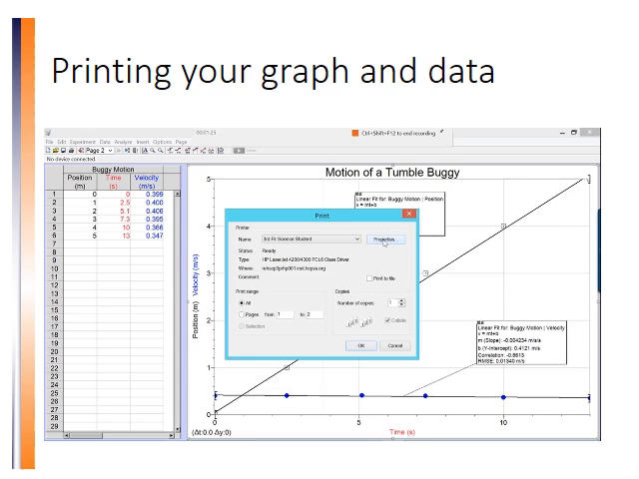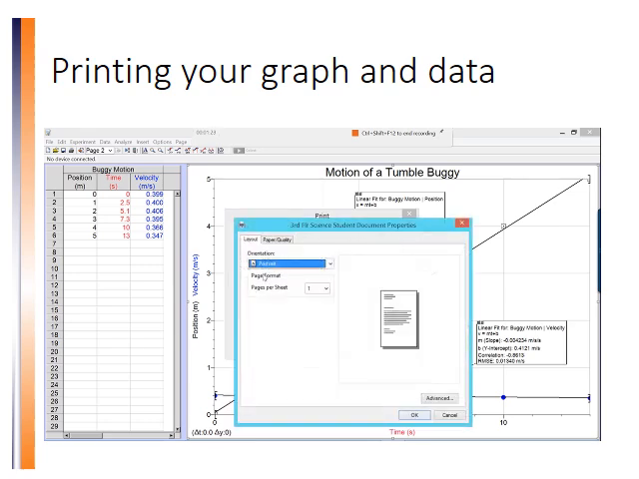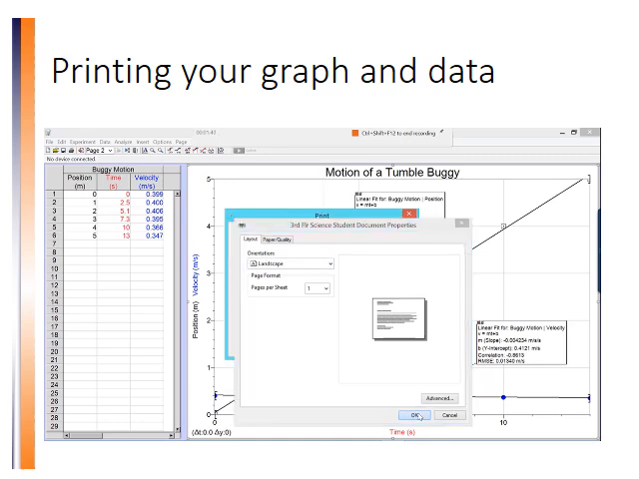Okay, next thing that you want to do to make this display better is change this to landscape. So you go to printer properties, and we want to change the orientation to landscape. That way our graph will be bigger on the paper. Click OK,